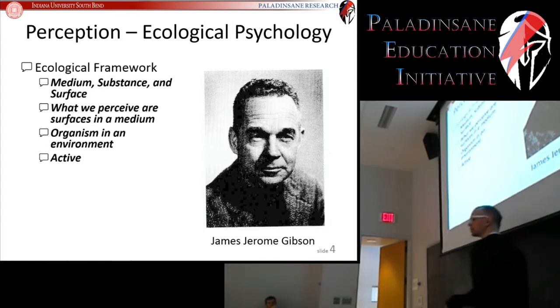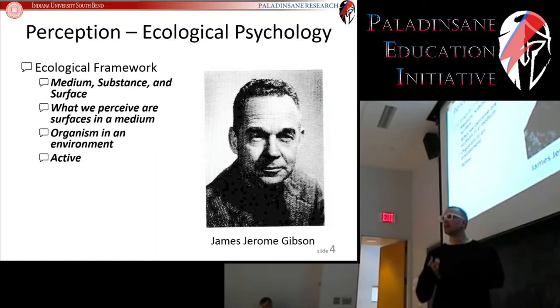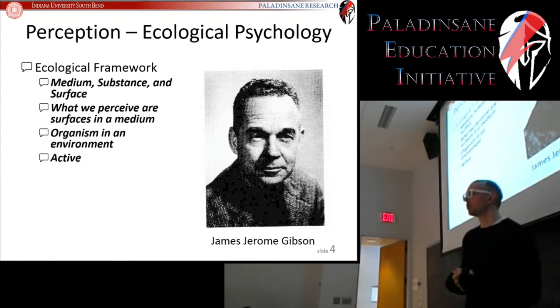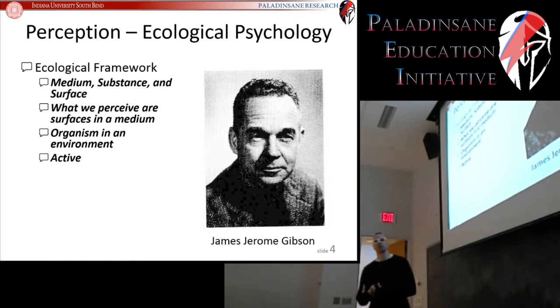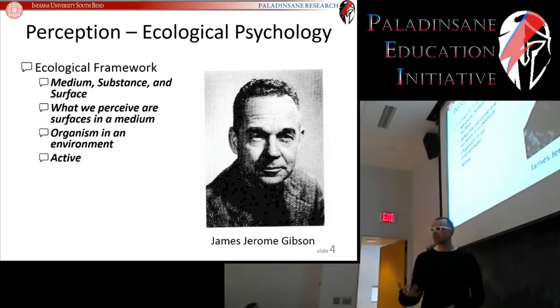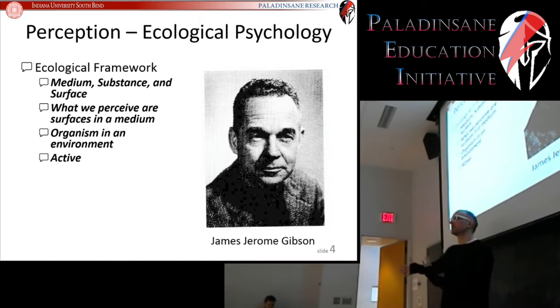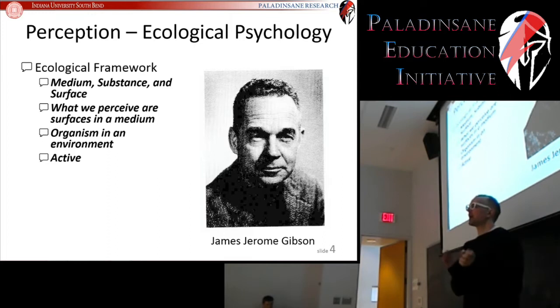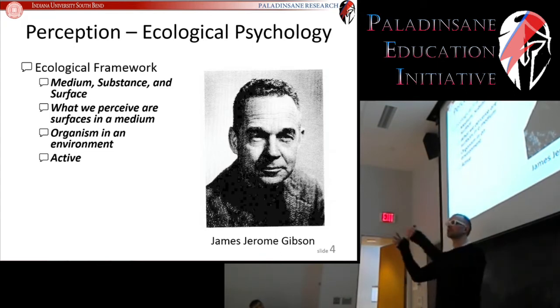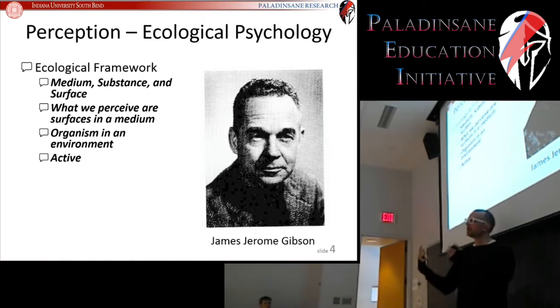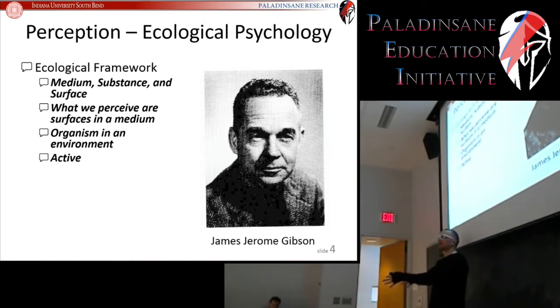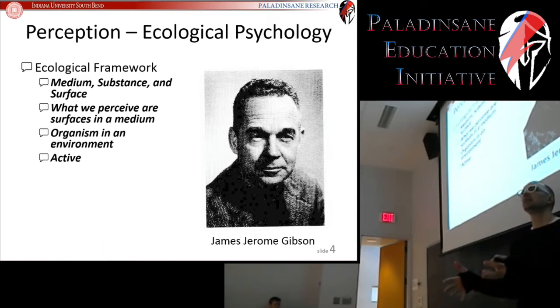Because of that, the ecological framework is tied very closely to the idea of an organism in an environment. You can see the bottom point for ecological psychology is that it's active. You can't have activity without an organism. In the physics framework, you can have physics even if humans do not exist in this universe; the laws of physics would still be the laws of physics. You cannot have perception unless there is something that is perceiving, an organism, and unless the organism is in something that can be perceived, which is the environment. So this passive universe that worked so well for physics